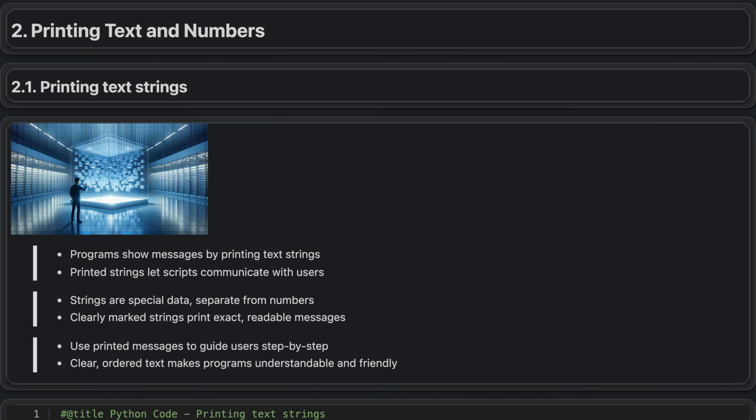Printing text and numbers. When you begin learning Python, one of the first skills you practice is showing text on the screen using strings, which are sequences of characters, like words, sentences, spaces, and punctuation. These strings let your program greet users, label results, or display status messages. Each printed string acts like the computer speaking to the user, so this basic interaction is a foundational part of